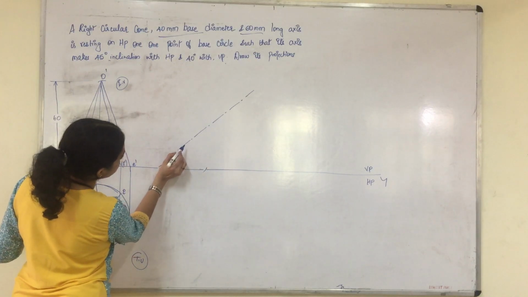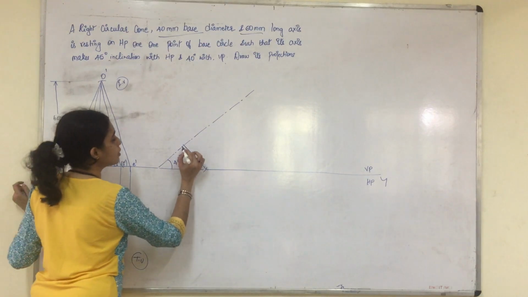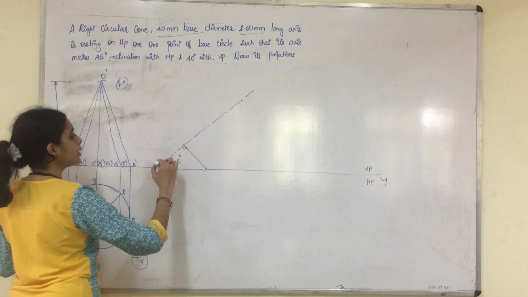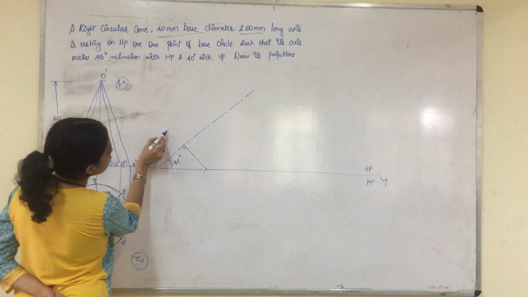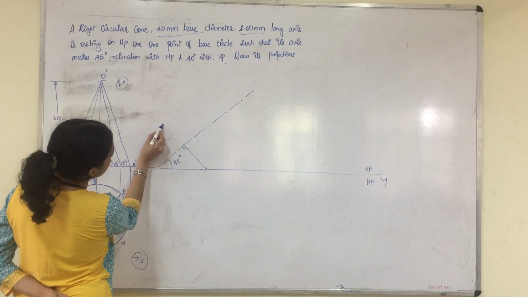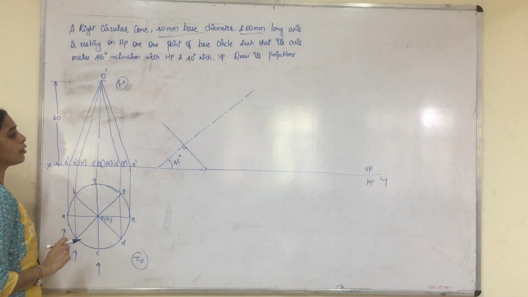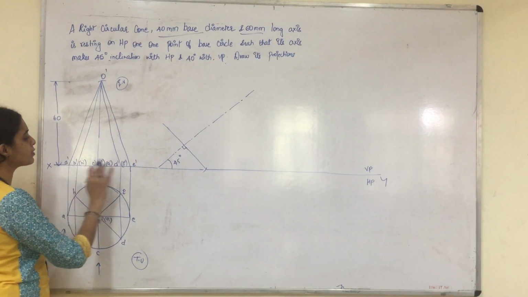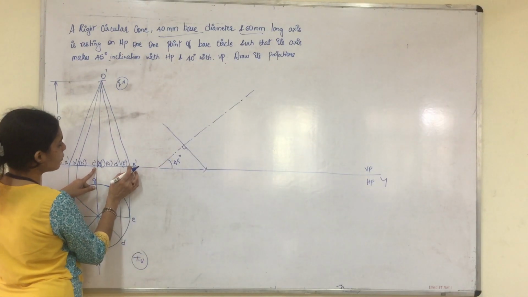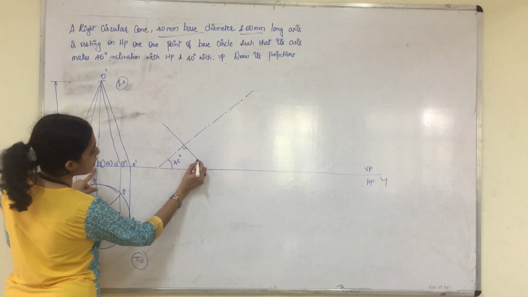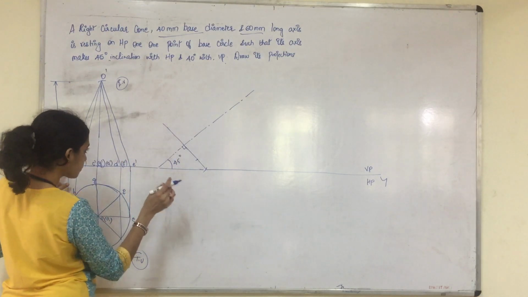From that reference point, just draw a line. This base will be exactly perpendicular to our axis line. Once you have constructed half the part of the base, extend it on the other side also. After that, we have to identify each and every point which is there on the baseline. The center we have got already. Now identify from this corner to D dash what the distance is, and cut an arc. Again, measure the distance from A dash to B dash.